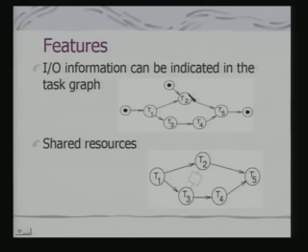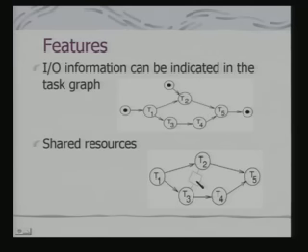Tasks can actually share resources. In fact, if you see that T2 and T3 do not have dependencies, so they can be concurrently scheduled. If they are concurrently scheduled, is it that they will require a shared resource? If we want to indicate that they are dependent on a shared resource, we can indicate the shared resource in the task graph itself with this kind of a model. So, this indicates that there has to be a shared memory between the tasks T3 and T2.